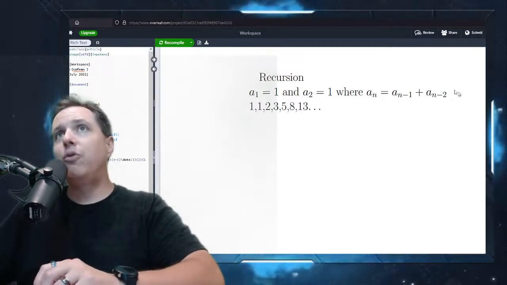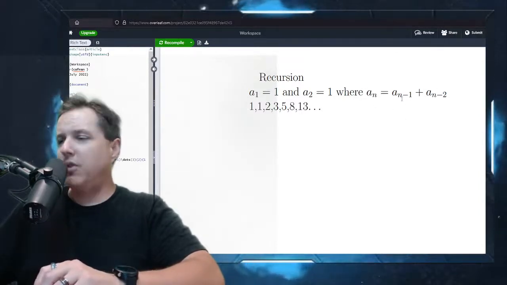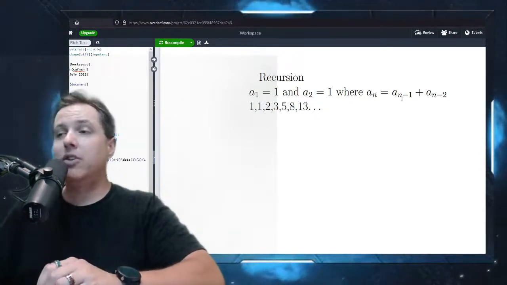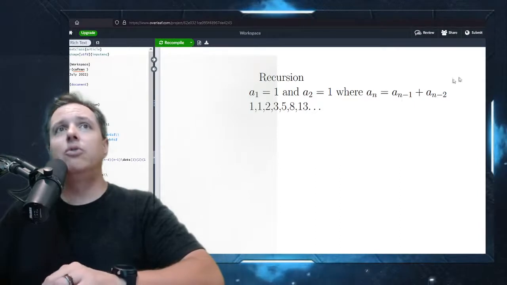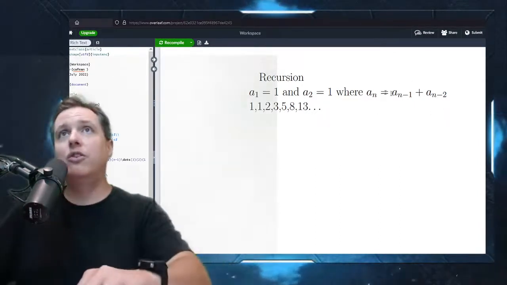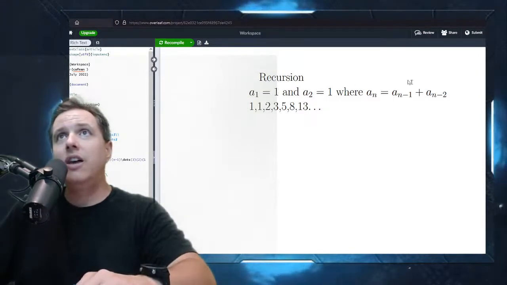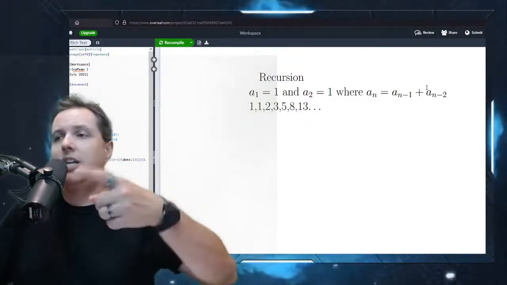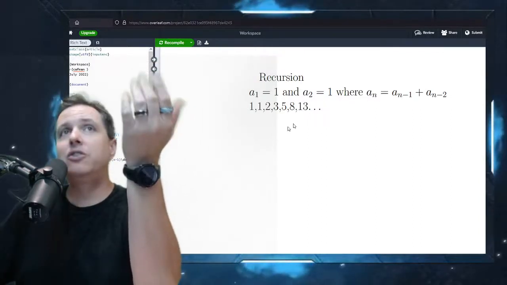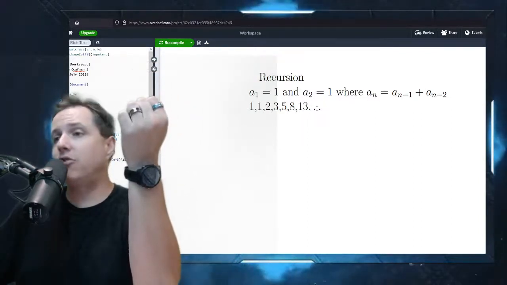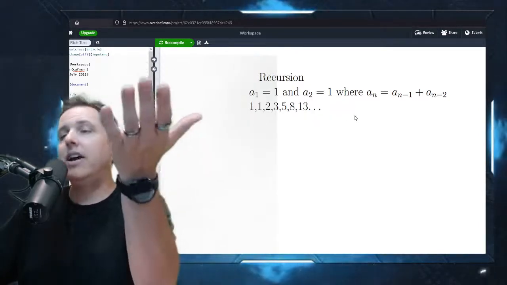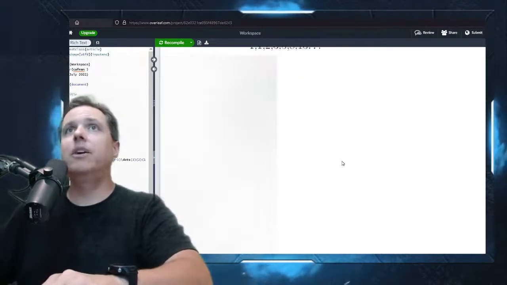Some recursive formulas you can actually mess around with and do some creative stuff with. We're not going to do that in this class. That's a little bit beyond the scope of what we're going to cover here. Some of you will do that down the road. But when you see a problem like this with recursion, all you're doing is taking your values over here and plugging them in over here, and you just keep doing that until you get to whichever one they asked you for. If we were asked to give the 9th term, then we would do this till we were 9 deep in our sequence, and then we would give our answer, okay?